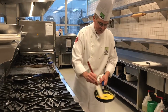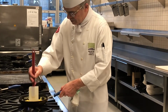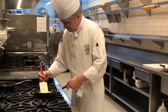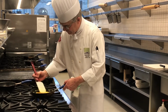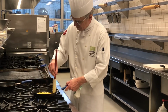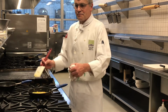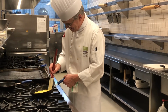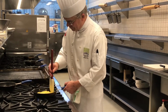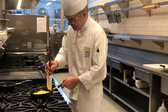So the curds are forming. You want to keep the shape as round as possible. You do not want to overcook. You want to have the center of the omelette, the egg, a little runny. So at this stage, I just leave it on the low heat for a minute or so. We want to just leave the omelette on the heat so the underside becomes cooked and nice and flat,